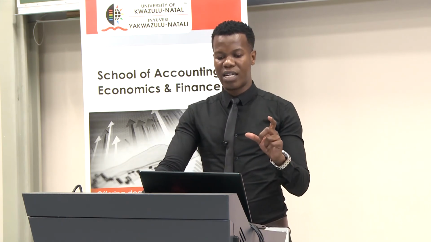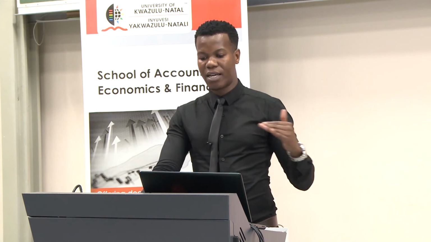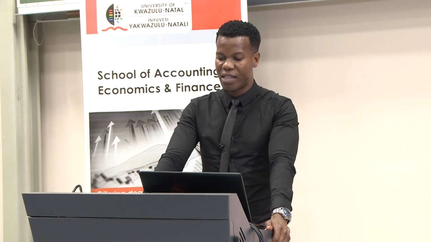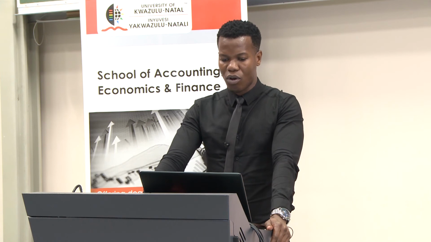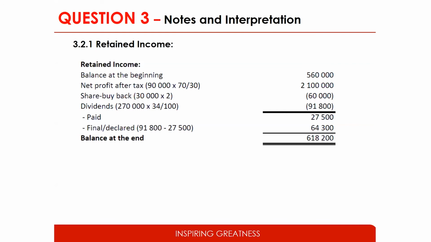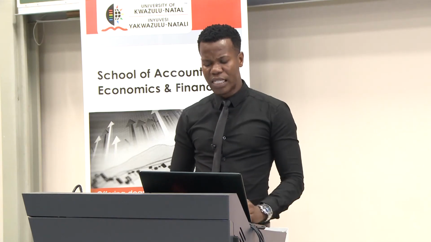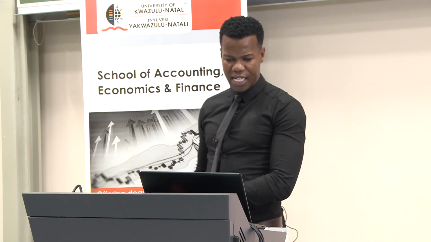Now, the 91,800, you've already paid an interim, which is given, of 27,500, and you then need to take the 91,800 and deduct the interim dividend that has already been paid. Now that will give you the dividends that have been declared but not yet paid. So these are the dividends that were declared at year end but not yet paid as yet. And then the balance at the end. Now, the next question again,